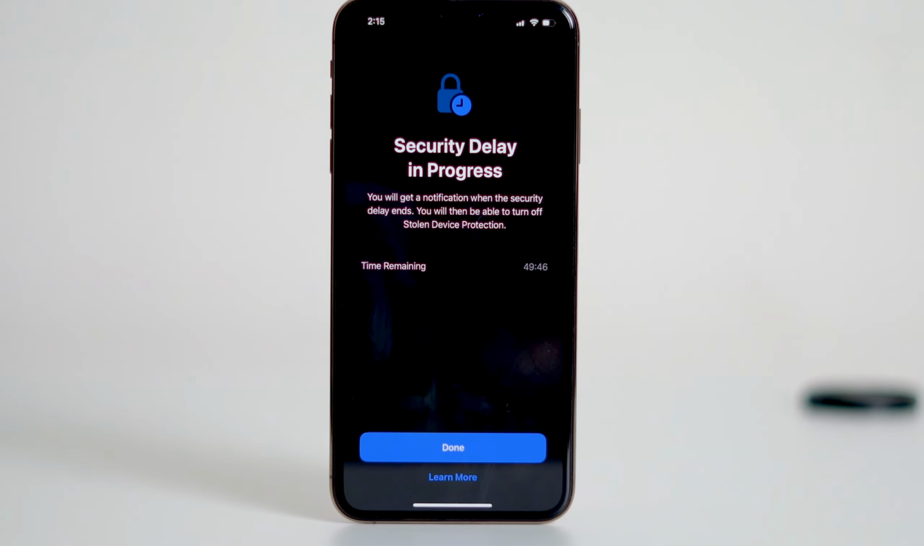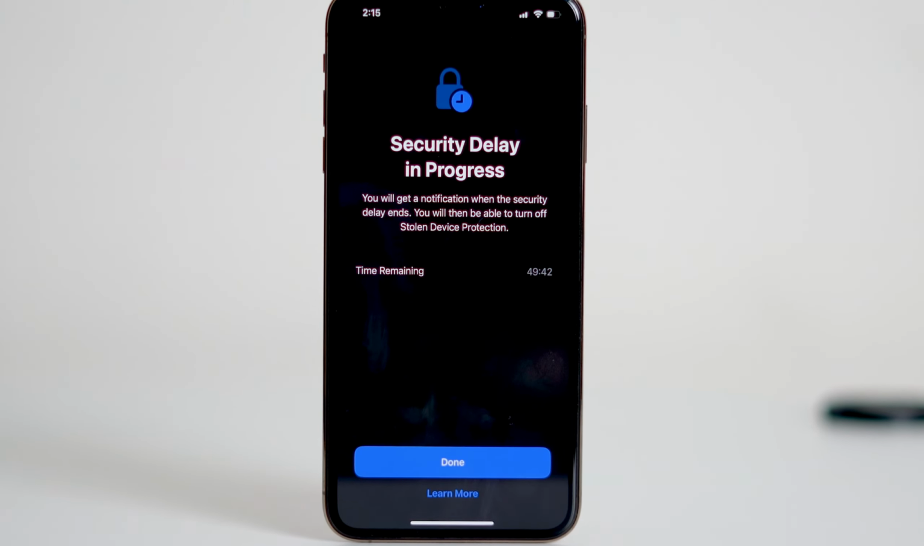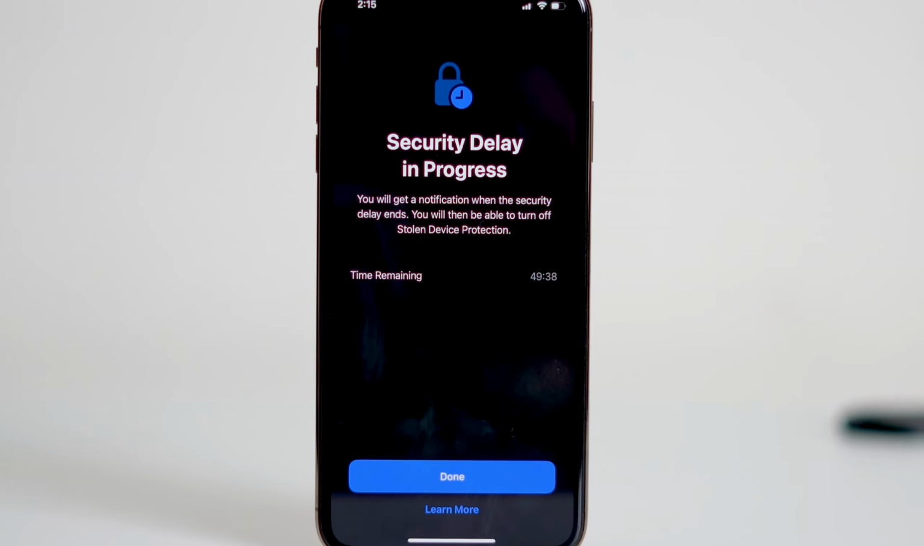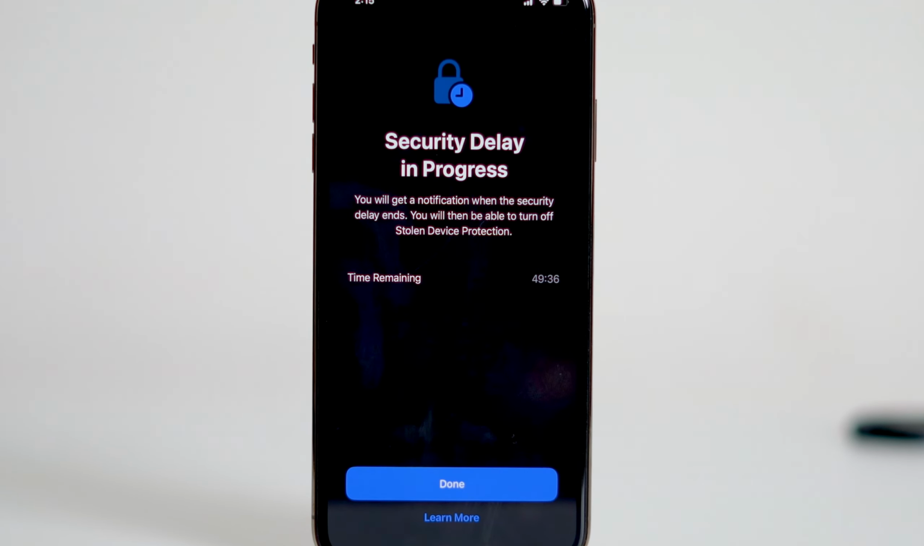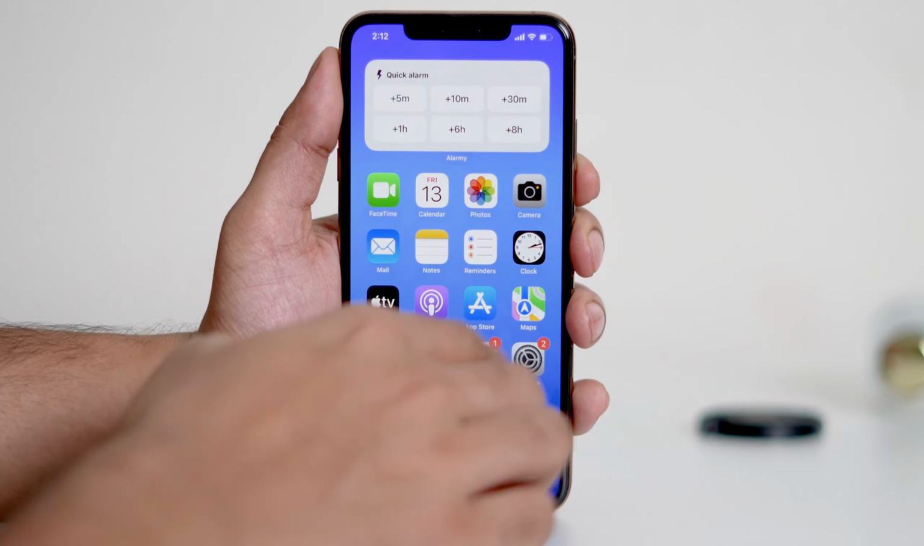In today's tutorial, I'm going to show you how to turn off stolen device protection on your iPhone. This feature, also known as Activation Lock, is part of Find My iPhone and is designed to protect your device if it's lost or stolen. So let's get started. First, open Settings